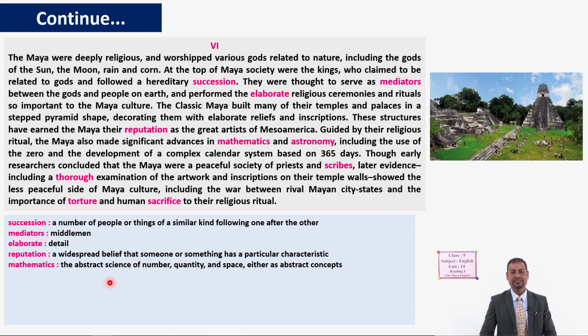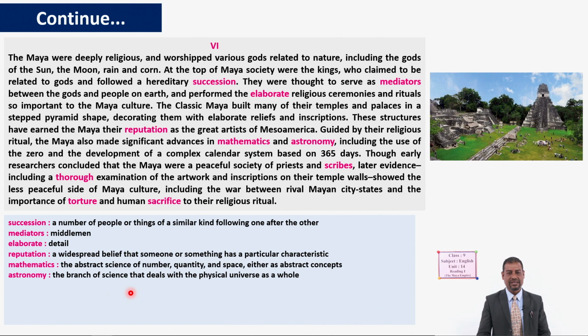The abstract science of number, quantity, and space, either as abstract concepts. Okay. After that one, we have another word again, astronomy. What does it mean? You might have heard it, but it is difficult to know the meaning. So it means the branch of science that deals with the physical universe as a